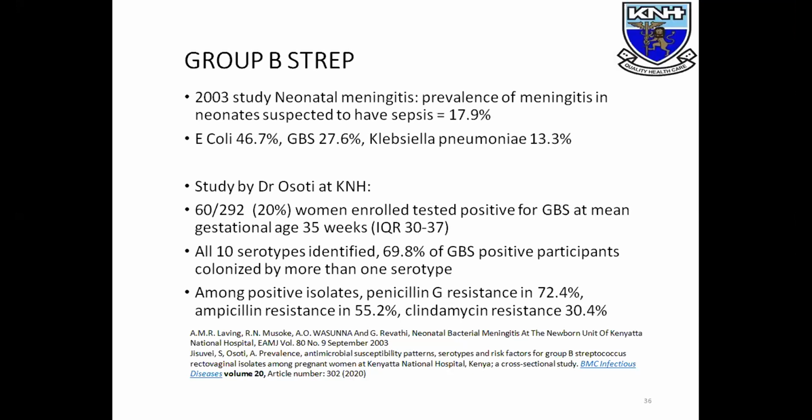More recently, Dr. Osoti, who made a presentation yesterday, looked at GBS in women at Kenyatta. And 20% of women enrolled tested positive for group B strep. And this screening was being done at a mean gestational age of about 35 weeks. Interestingly, all 10 serotypes of GBS were identified in these women, and about 70% of them were colonized by more